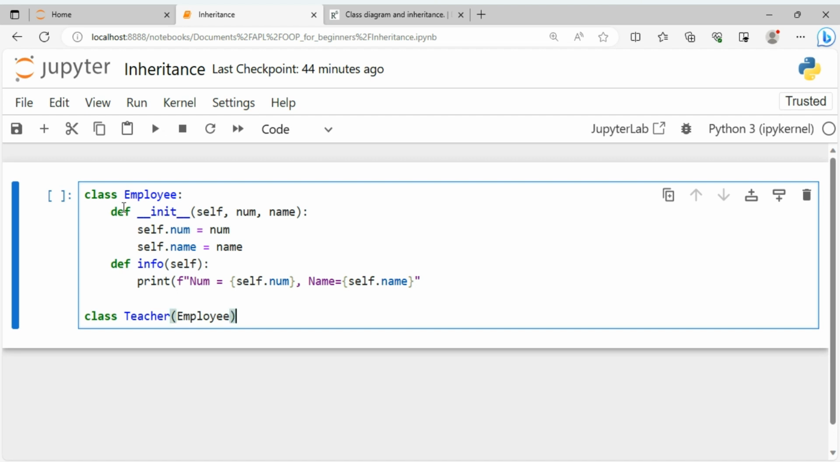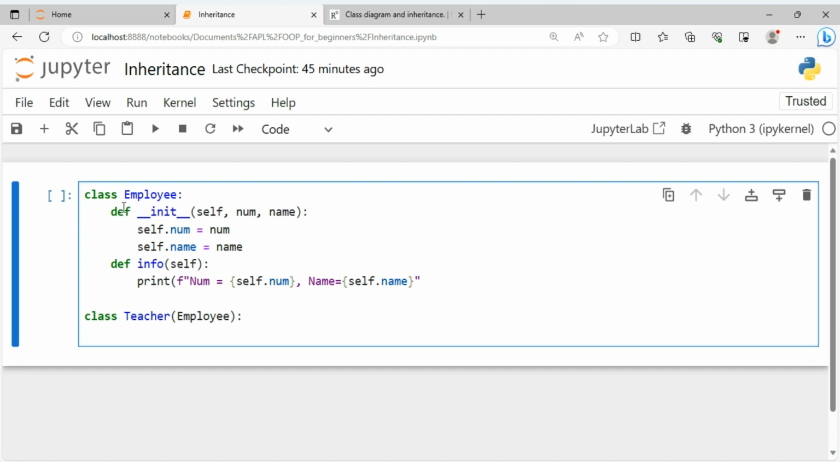So this is the format. The name of the child class comes first, and the name of the parent will be specified in the parenthesis. So Teacher is a child class, Employee in the parenthesis is the parent class, and in the body of this Teacher class we will define the constructor with the def keyword, __init__, and this constructor will have parameter